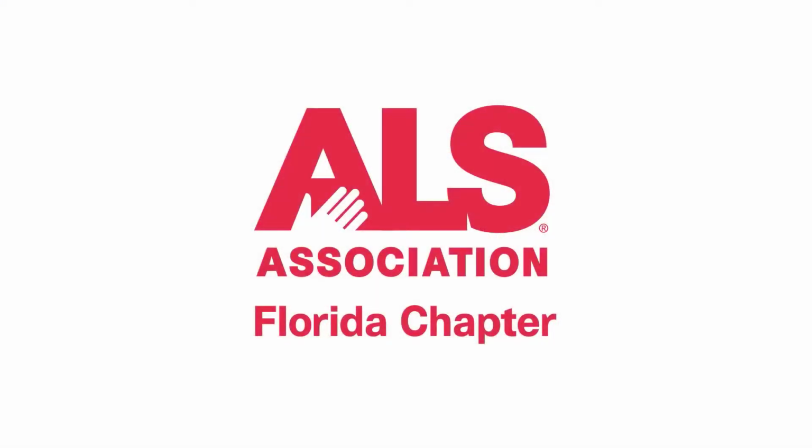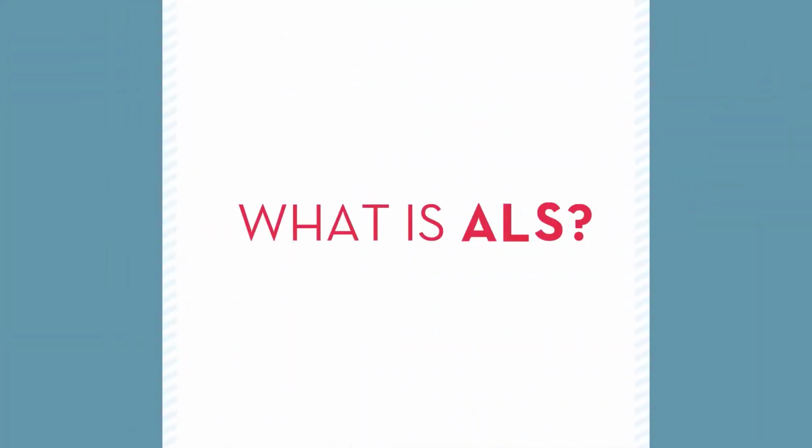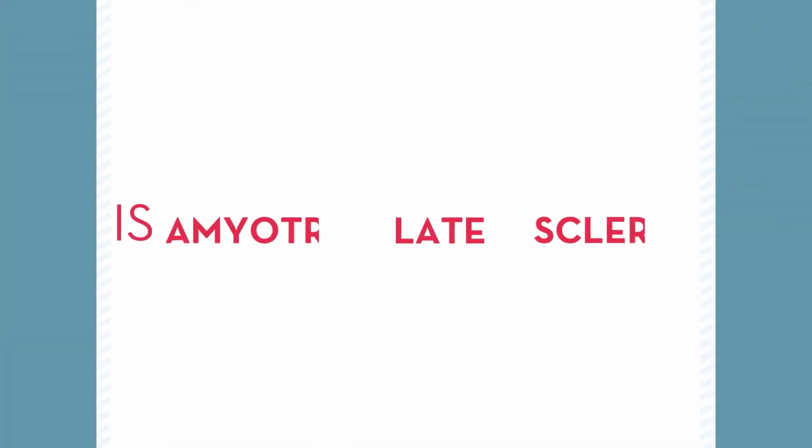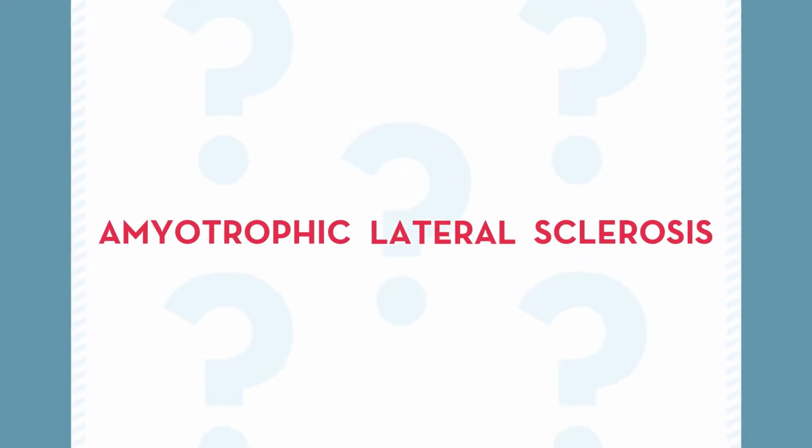What is ALS? You may have heard about ALS through the Ice Bucket Challenge, or perhaps you know it as Lou Gehrig's disease, named after the famous baseball player who had ALS. But what is ALS and why does it matter? The full name for ALS is amyotrophic lateral sclerosis, which sounds even more confusing unless you know what the words